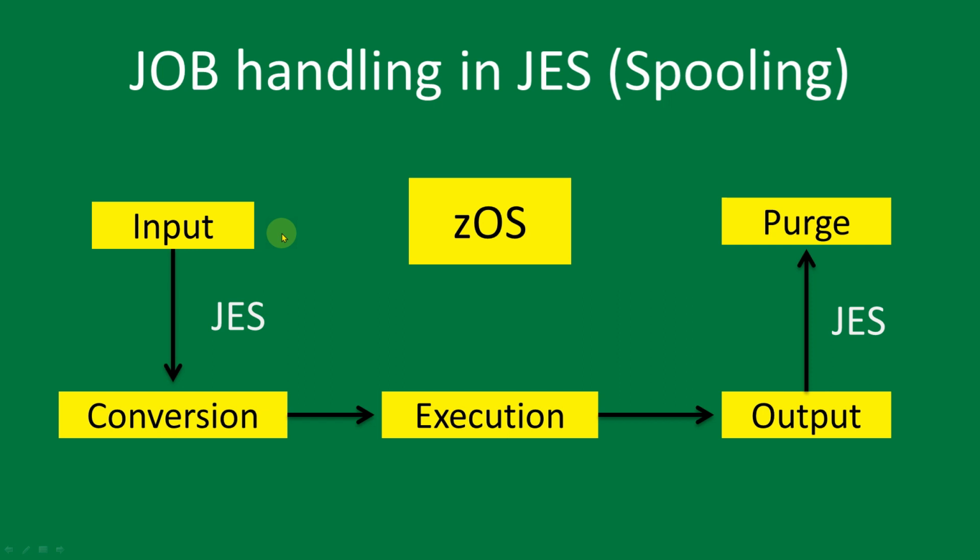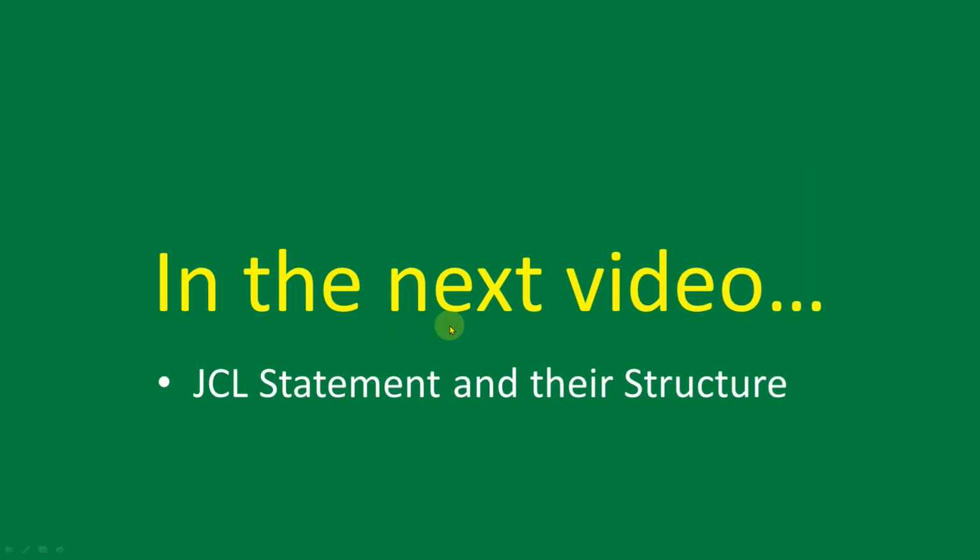Overall, you can say JCL plays an important role in the IBM mainframe operating system, and it is an essential tool for mainframe administrators and developers by automating job processing, improving resource management, and enhancing reliability. JCL helps to ensure the efficient and effective operation of the mainframe system. So this is the end of this video. We have discussed all the basics of JCL.